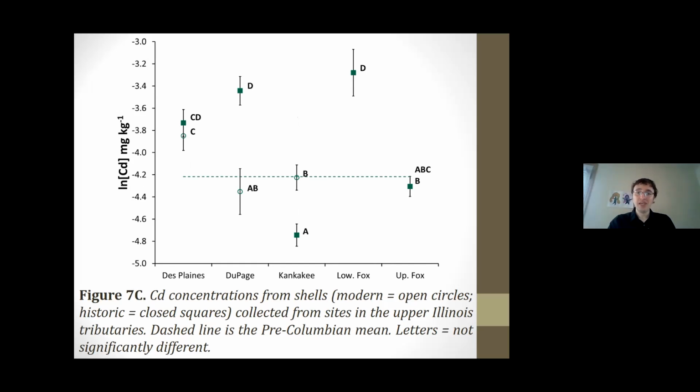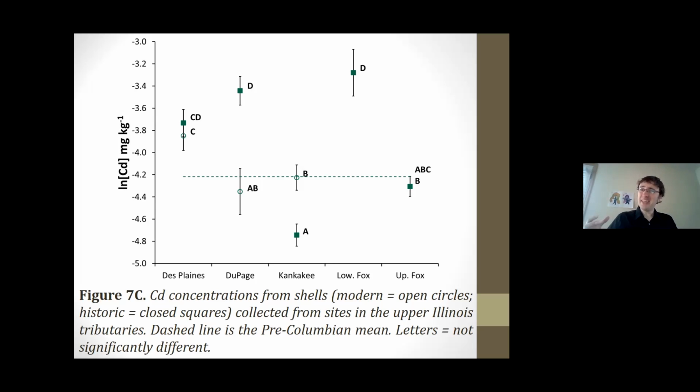At cadmium, it also increased at the Des Plaines River significantly, whereas at the DuPage River, it really decreased. And at the Des Plaines, there was no difference compared to the mid-20th century. And again, cadmium is around the background, although some of those mid-20th century shells from the DuPage River and the lower Fox River are significantly higher than our backgrounds. So I do think that's evidence that cadmium was locally important as a pollutant, but within the whole river system, it's not been much of a pollutant.